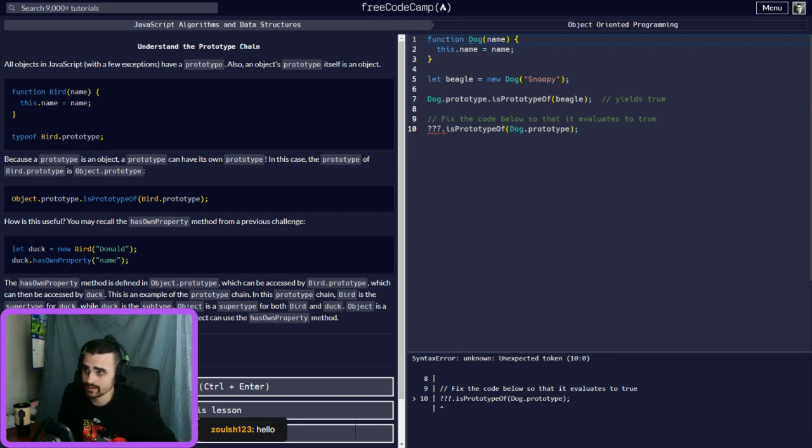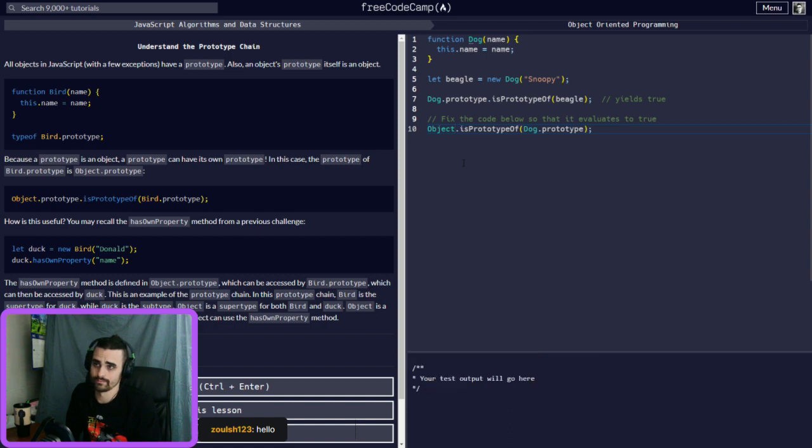So we've got to define this chain. Object, because this is the biggest thing you can get, dot prototype, and then dot isPrototypeOf, Dog.prototype.